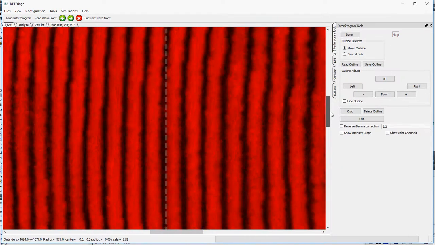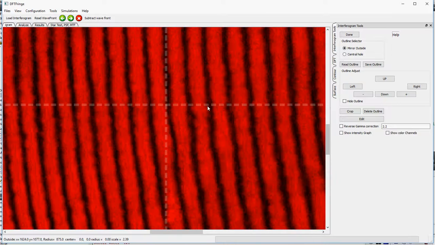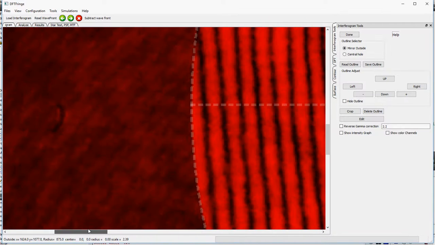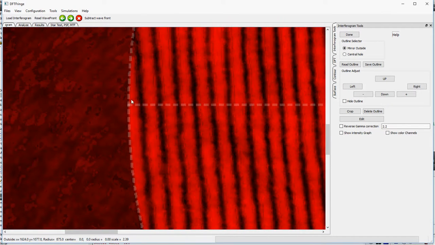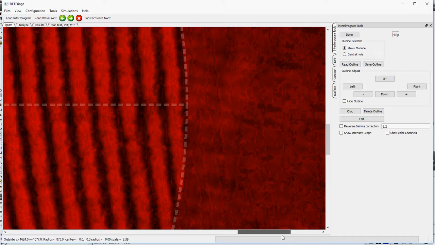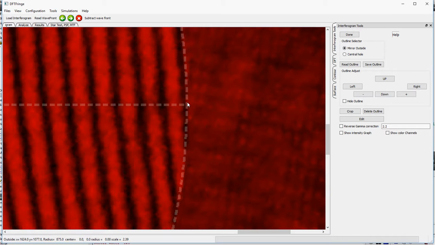Let's go check the left and right pieces. We go down to the middle of the mirror, look at the left side. It looks close to me, but it looks like the outline might be a little bit to the left. Let's confirm by looking at the right-hand side. Can't quite tell. Let's unhide the outline, hide it, and we can flip it back on and off. Oh, I can definitely see that the outline is a little bit too far left,